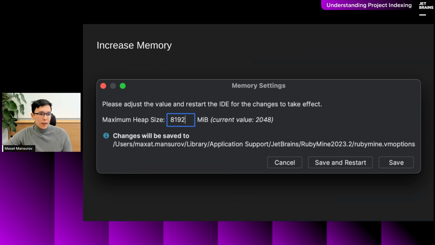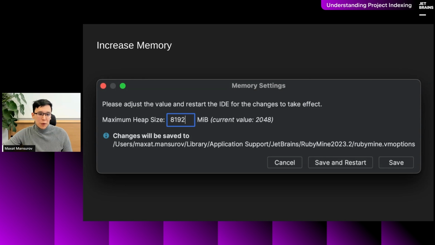And my next tip is very, very obvious, which is to just increase the memory that you give to RubyMine. This is a good thing in general if you can afford it, because RubyMine uses a lot of caches internally to make a smooth experience.